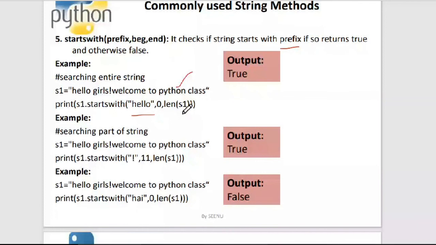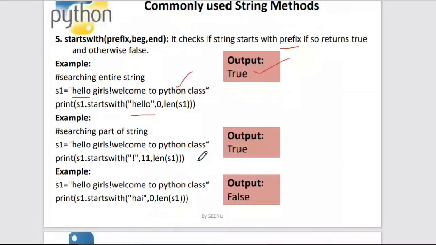You can explore these methods in the online editor. So you can open your online compiler and experiment with the examples that I'm giving you. You can also give a character. And since "hello" appears as the prefix of this entire string, it is returning true for me.